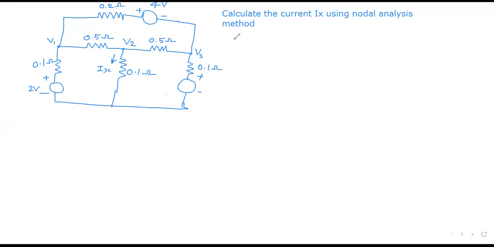Okay. So look at this circuit diagram. Now we are going to solve the circuit using nodal analysis. Finally, they asked us to calculate the current flowing through the 0.1 ohm resistor, that means Ix, using nodal analysis. As we discussed early, for solving the problem using nodal analysis, all the sources